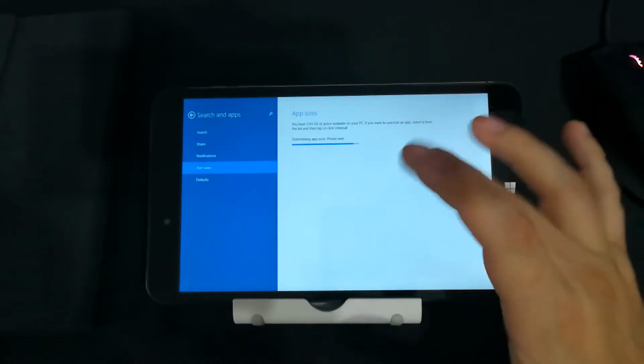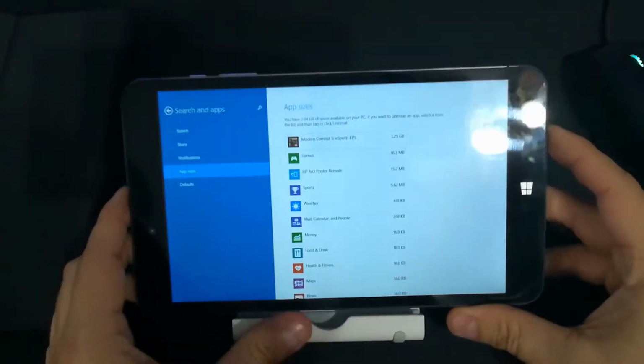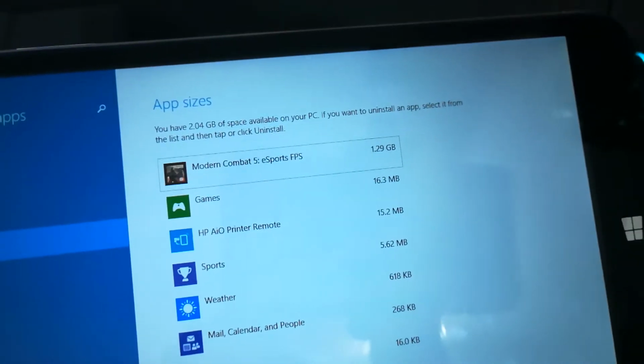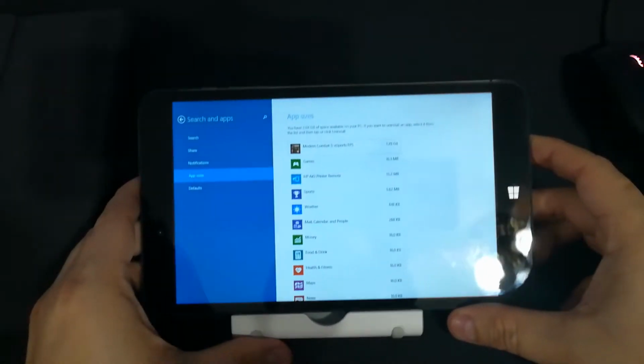So let's see the apps and let's actually see what's taking up all this room. If I bring this in, you can actually see what's taking up all that room. That is Modern Combat 5 Esports FPS at 1.29 gigabytes. Next is the games, on and on. And that's yet to install